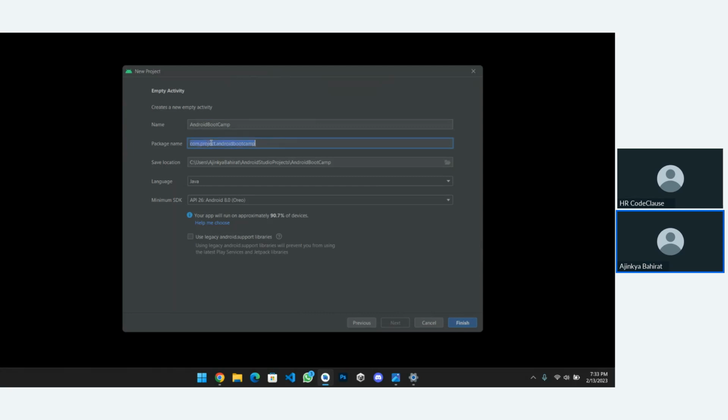Initially you will get com.example.example, but while developing a client-based application, or if you are doing a freelancing project, don't use com.example.example, as it might cause problems during deployment. Play Store does not accept com.example.example package projects because it is already their package. So they can't accept our package, right? That's why create your own. It is good practice to change this each time.